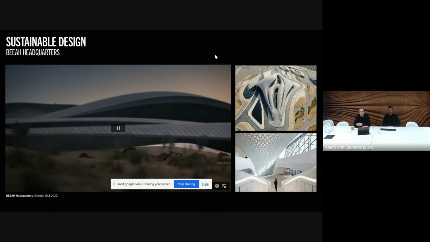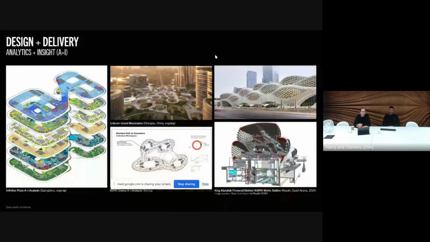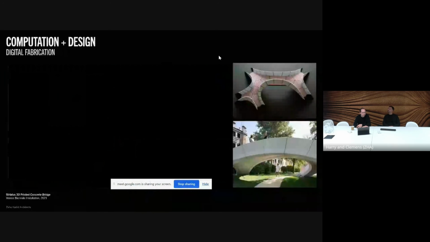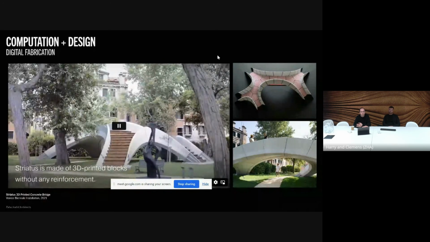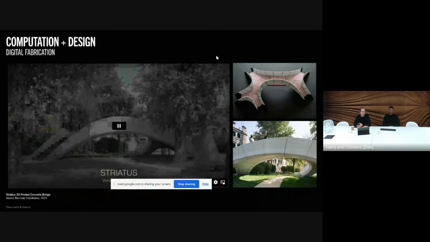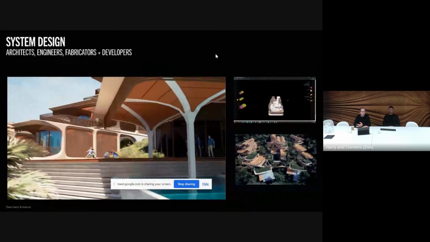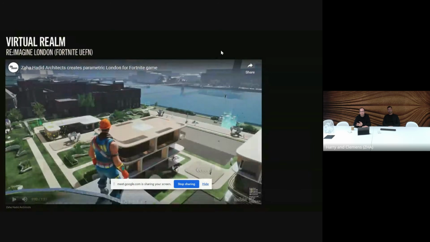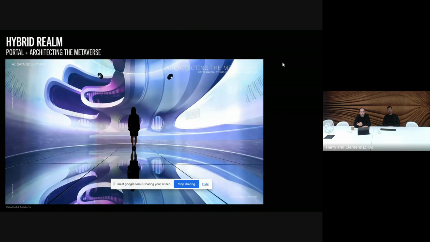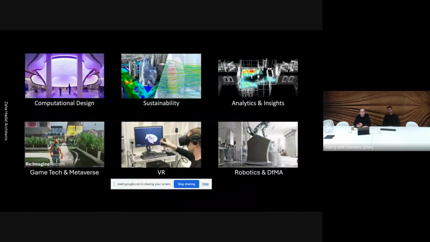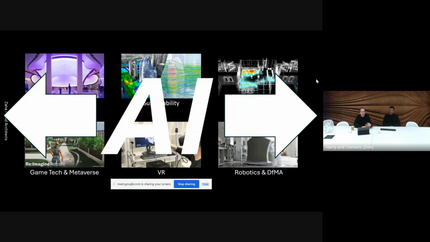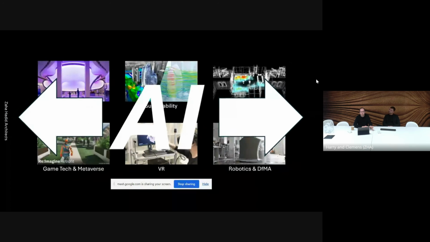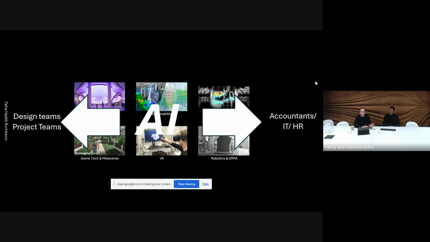We use it in research teams, sustainability, analytics and insight team, digital fabrication, our computational design group, and also in other groups. It's not only tied to architecture itself. Besides our research group, we see AI spanning across all of them, including our design teams, project teams,